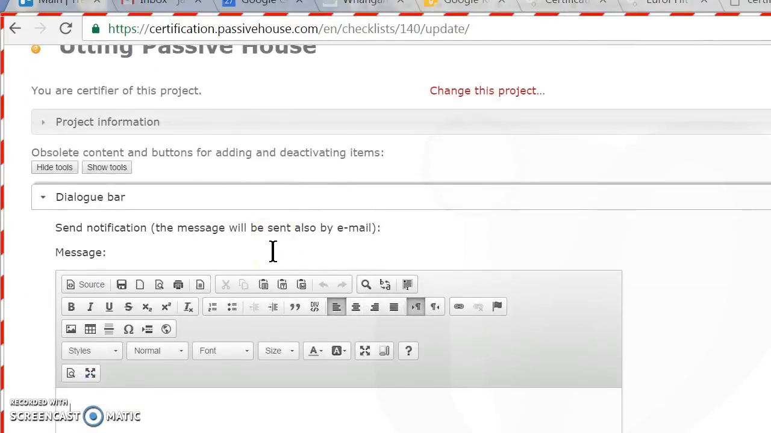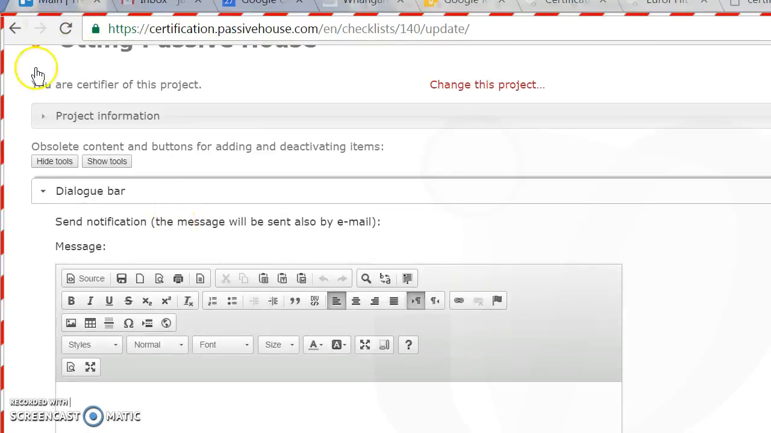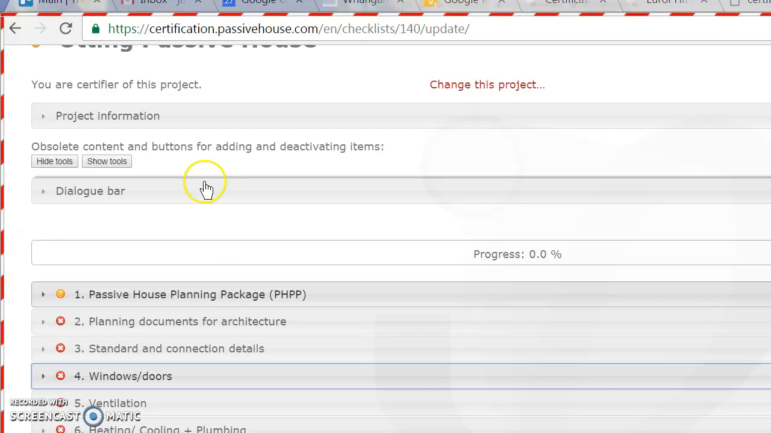One of the limitations of the platform is when you change things in the checklist, it doesn't notify the certifier. You have to do that with an email, either in a separate email program, or by using this little built-in dialog bar email service. So you just type an email in here and click send, and you'll send an email to me. Otherwise, the main function of this is to go through what they call a smart checklist right here